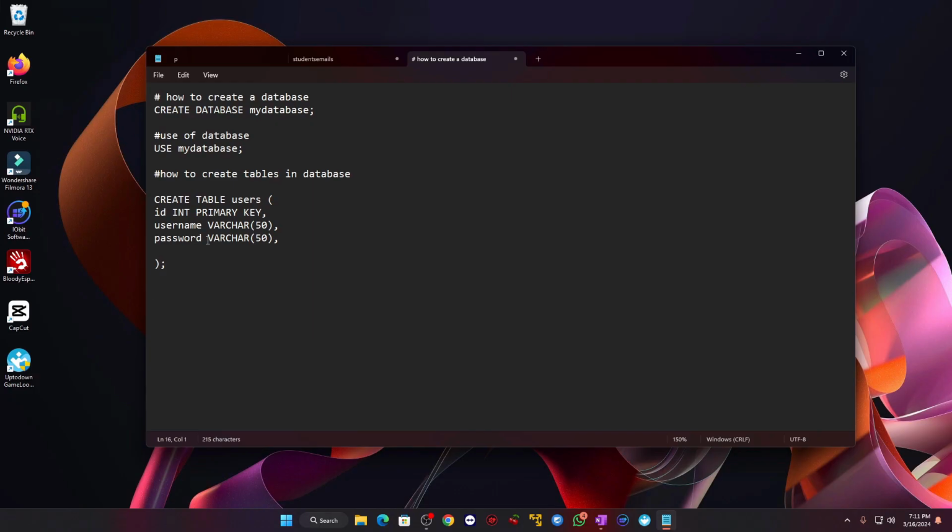After this, I'm going to show you how you can retrieve the data from the tables or database. So let's say how to retrieve the data from tables. Basically you can retrieve the data with the help of a select statement or select command. So just type select and the data you want to retrieve. For example, let's say select star